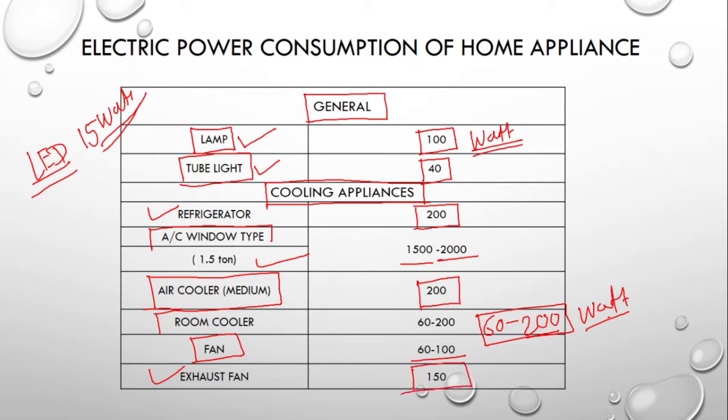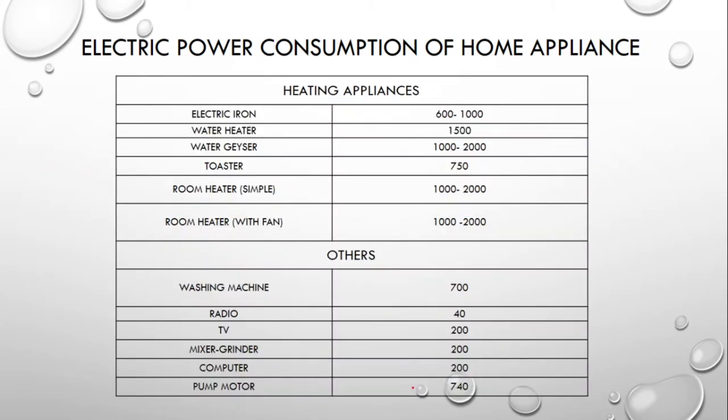So whenever we decide the inverter capacity, what kind of VA inverter we require, and how many batteries need to be connected in series and parallel combination, in those cases we must know the approximate wattage consumption of the various home appliances that we are auditing or noting down for designing the solar home systems.